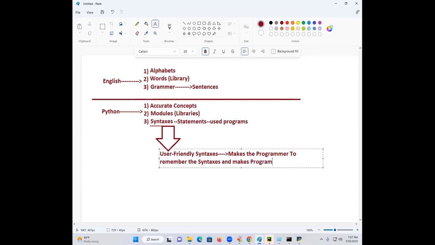I will write it, error-free programs. This word I want to write, error-free programs in what time? Limited span of time. Are you able to get my words?